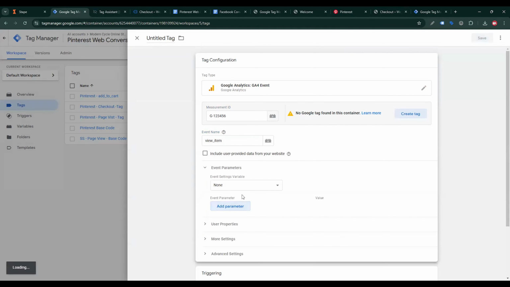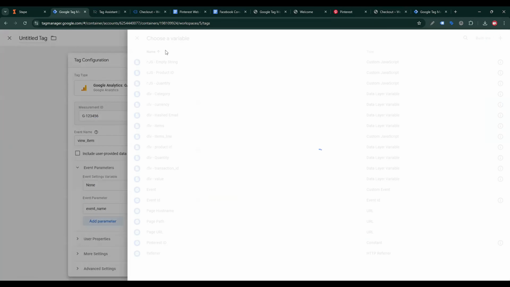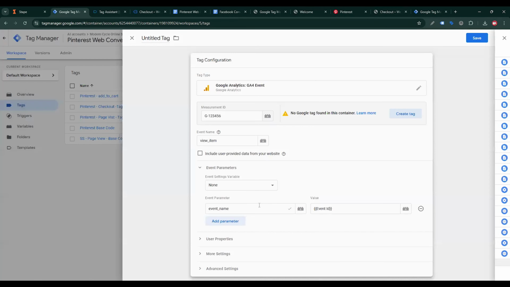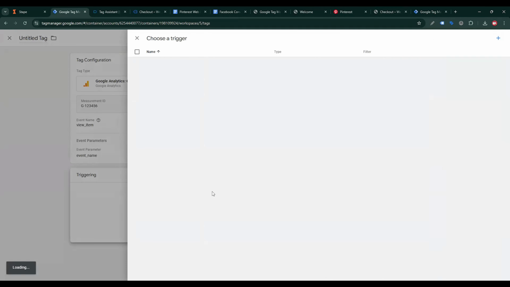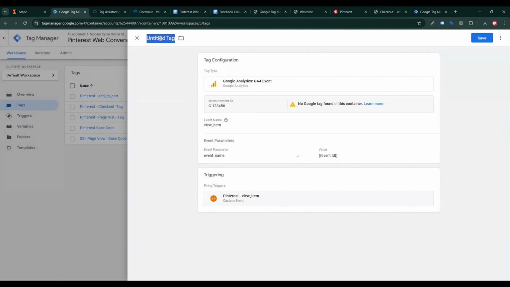Then add an event parameter, type event name, then select event ID, then I need the trigger view items, then give a tag name, server side page visit tag, then